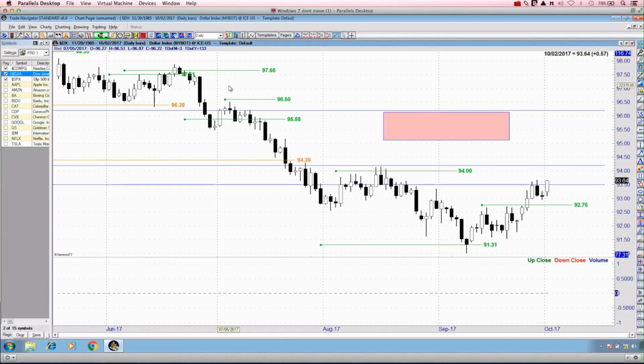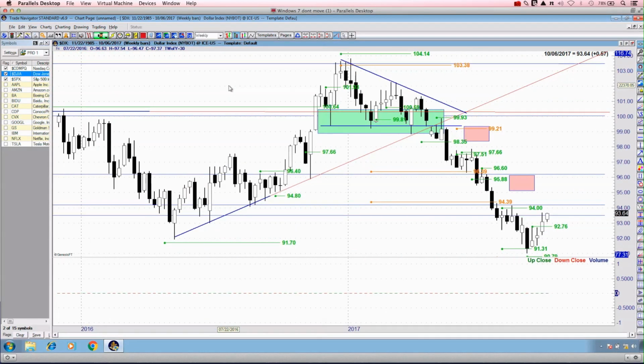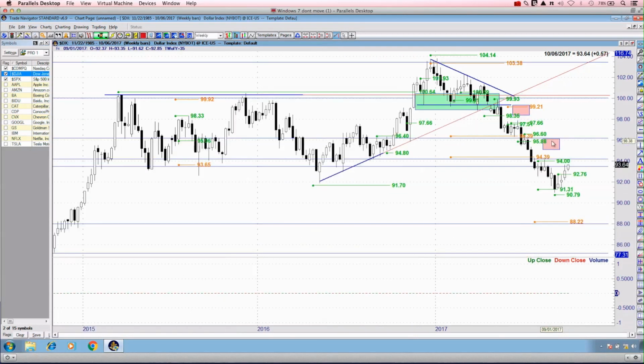So what has been happening again on the US dollar, just to recap, if I zoom out to the weekly chart, 2017 has been a tremendously bearish year for the US dollar. We more or less began the year at about 103 on the ETF itself. Here we are at the current juncture, back at about 93.64. At one particular point, it looked as though we were going to crack roughly 91, which would have been a tremendously bearish macro support area, which had been more or less cracked or completely destroyed.